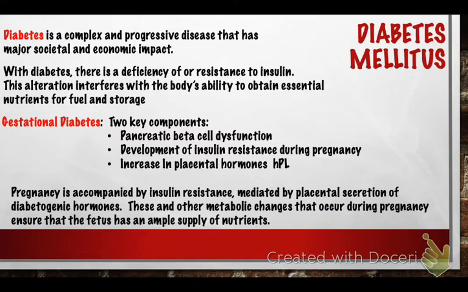In pregnancy, placental hormones cause insulin resistance at a level that tends to parallel the growth of the fetal placental unit. As the placenta grows, more placental hormones are secreted. Human placental lactogen and growth hormone, which is your somatotropin, increase in direct correlation with the growth of the placental tissue, rising throughout the last 20 weeks of pregnancy